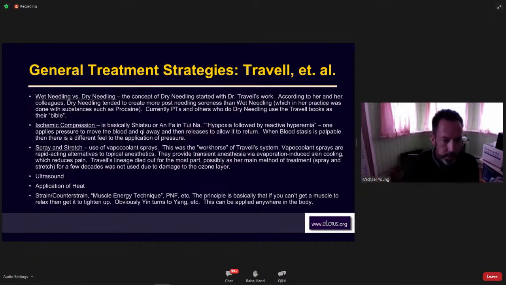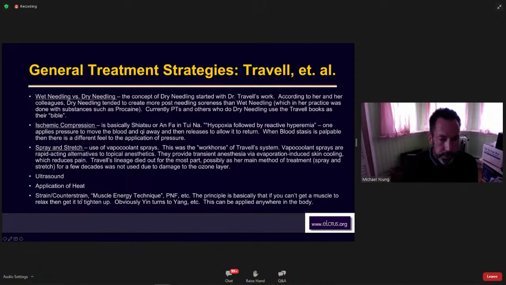Ultrasound can work according to Travell, application of heat. So yeah, heat, I'll talk about the thermophore that I use a lot. The research shows moist heat helps the most. And so the shower, hot tub, anything like that, those rice packs you put in the microwave and heat up, that's relatively